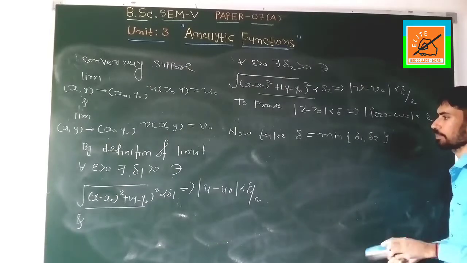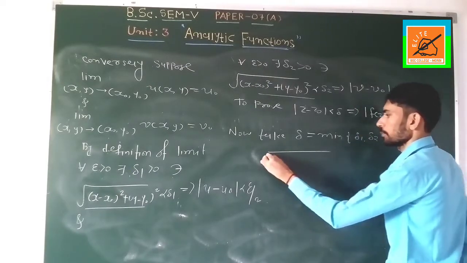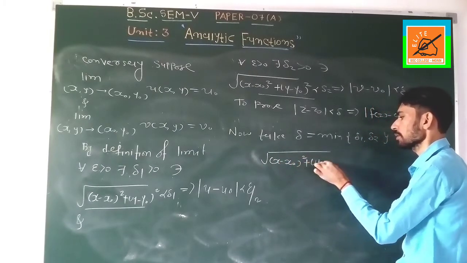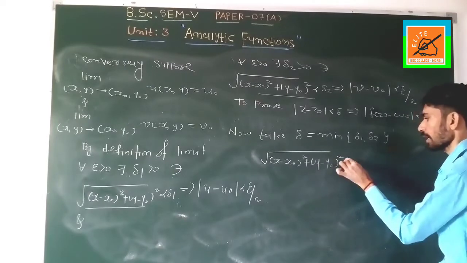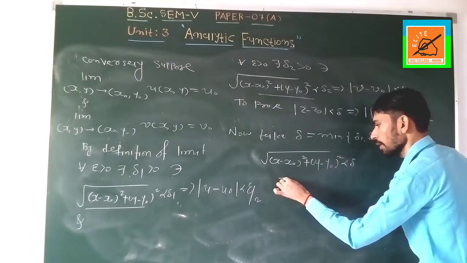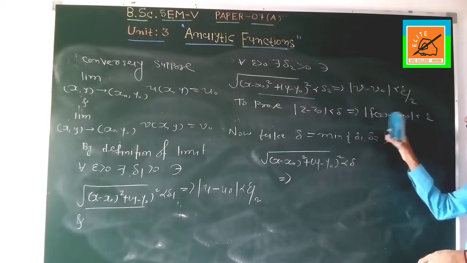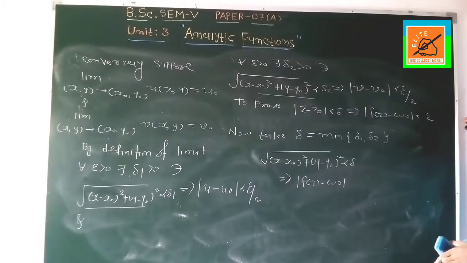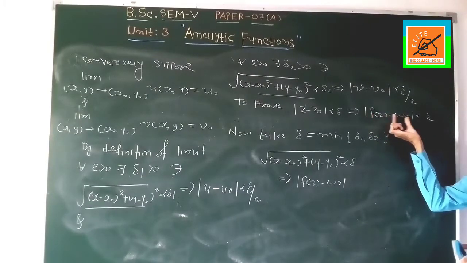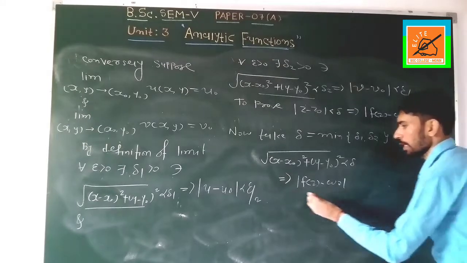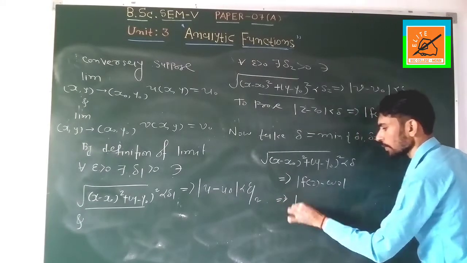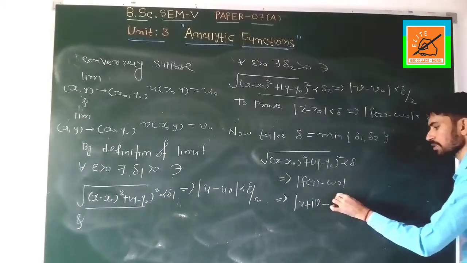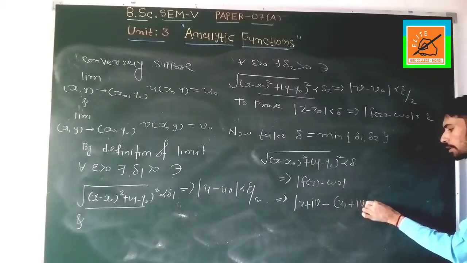So we write the next step: under root x minus x0 square plus y minus y0 square less than delta implies mod f of z minus w0. Friends, we have to show mod f of z minus w0 less than epsilon. So now we write the implies: f of z can be written as u plus iv, minus w0 can be written as u0 plus iv0,